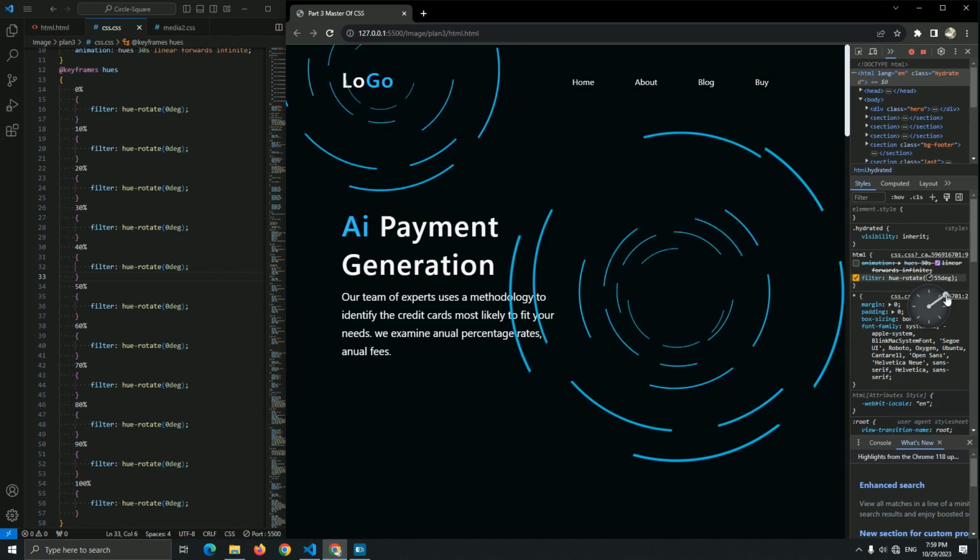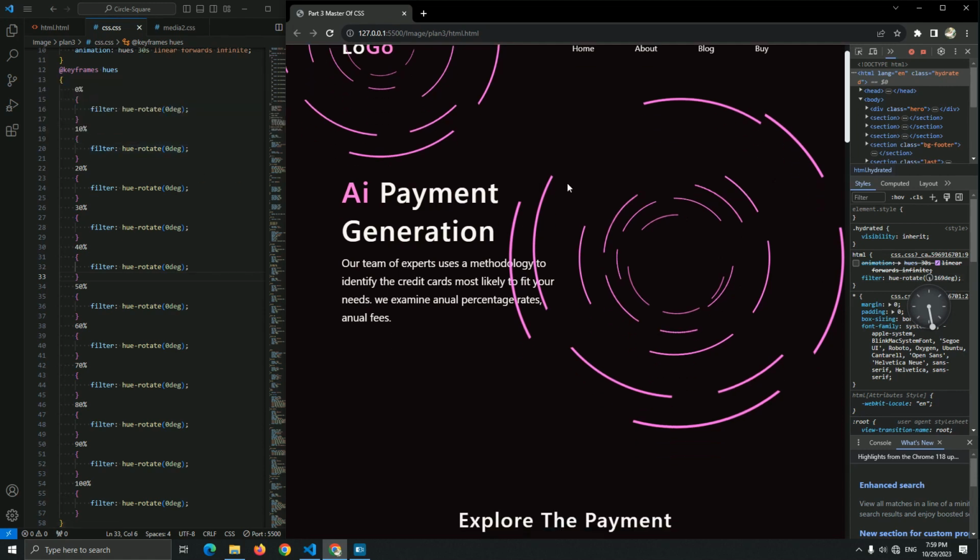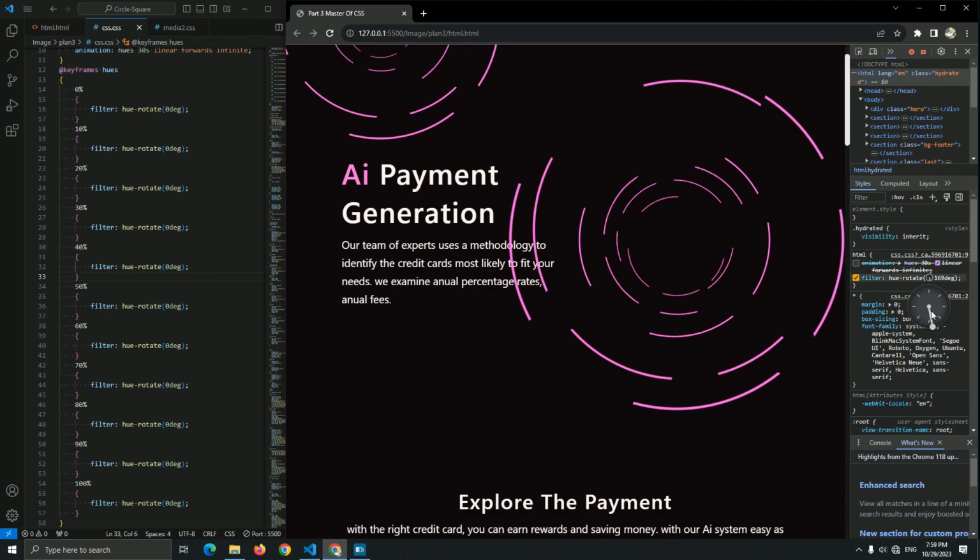So for example, guys, if I just choose this color, or this color, as you can see it, I just copy this and paste it here in a 10% or 20%, and you just choose this color and add it here. And as you can see, we have a different color in this hue rotate.